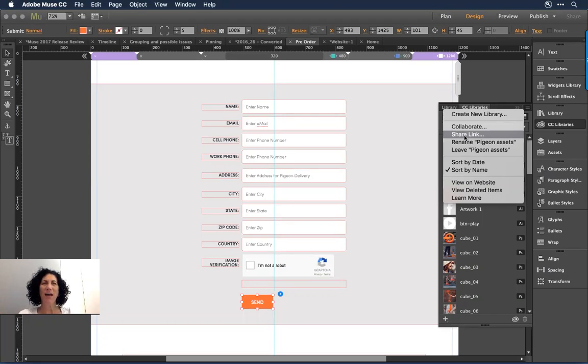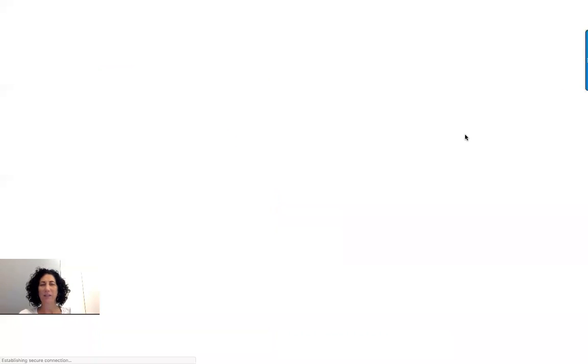The problem with that is if I realize I made a mistake in my library and I change one of the elements that's there, I add files or remove files, you're not going to receive that update. You just have this sort of snapshot instance of the library. The enhancement now is if I come in and select Share Link, as though I want to share it with you, it's going to log me into the